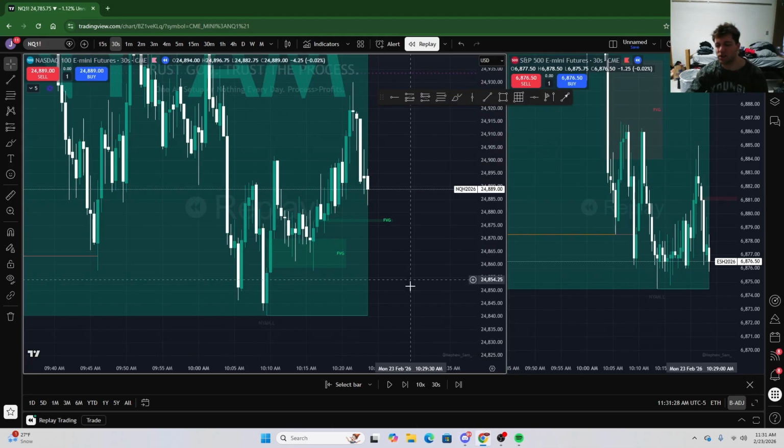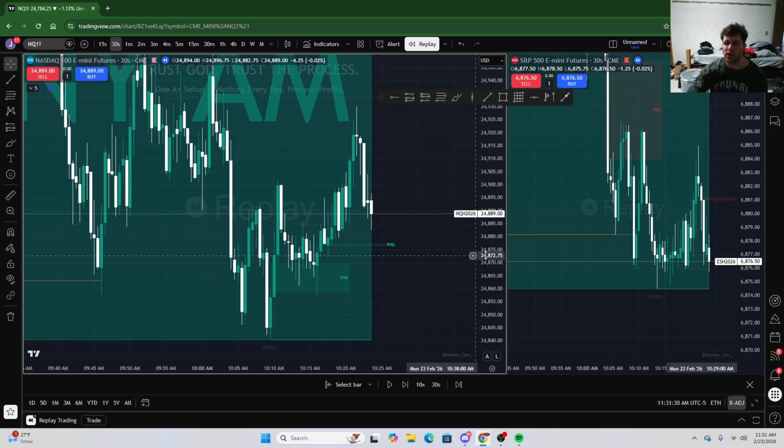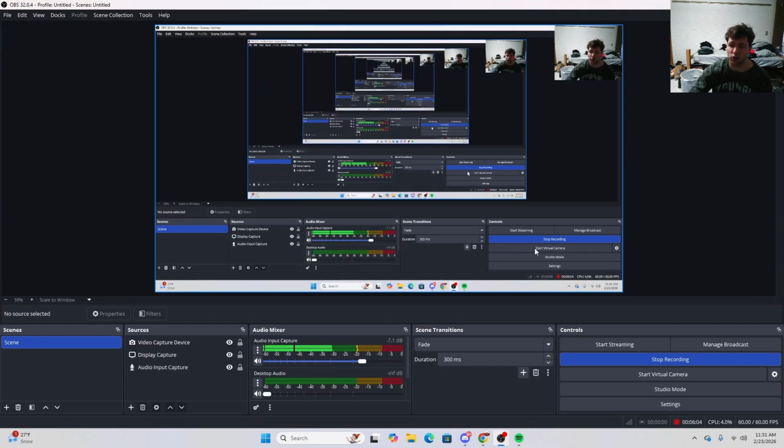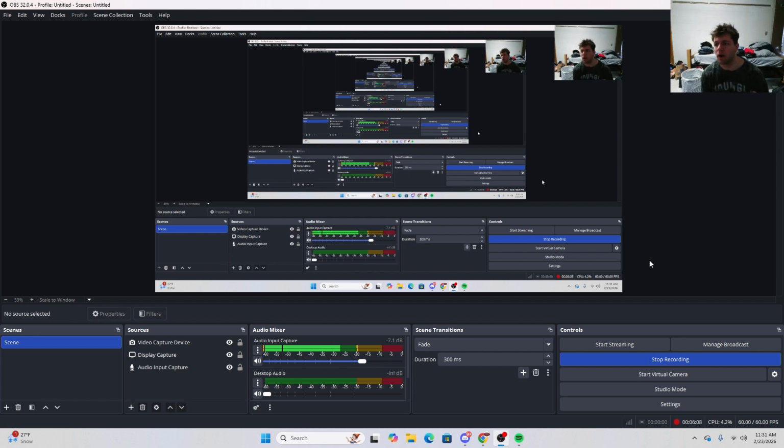Just make sure you're ready, because I know some people weren't able to make as much money as they wanted to today off this setup because of it happening so fast, so people weren't able to calculate the risk. So always be prepared, especially when 10 a.m. is coming around the corner, to have to calculate your risk and get into trade.